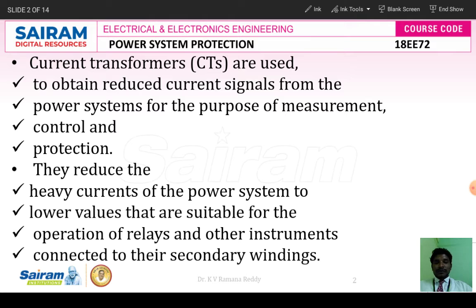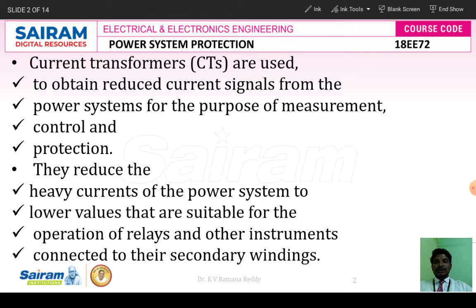To measure the line currents for 400 kV systems, our meter is not able to withstand that amount of current. So that's why we are using a transformer called a current transformer, where we step down the high line currents to suitable currents, which are possible to measure by our metering and indicating instruments. So a transformer is required to step down the current to a suitable value from the high rated current value. That's why we are discussing the topic called current transformers.